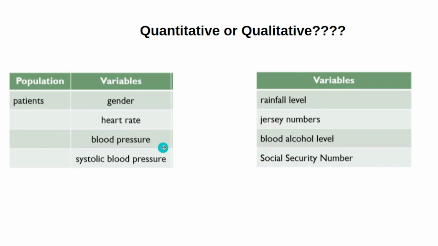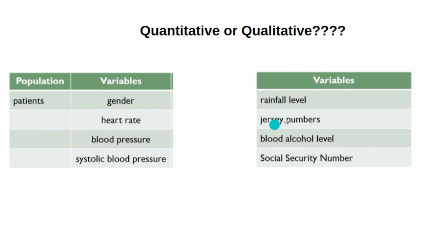Look into the blood pressure. Again you have systolic and diastolic blood pressures which are measurable. So the blood pressure is again a representation of quantitative data. So systolic blood pressure is also quantitative data. Now let us look into the rainfall. The rainfall is measurable, so it is